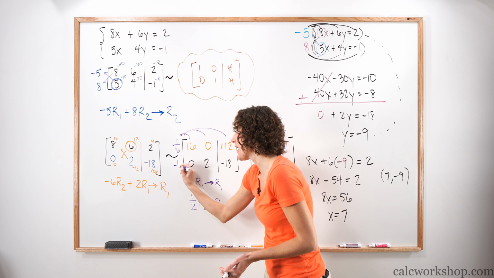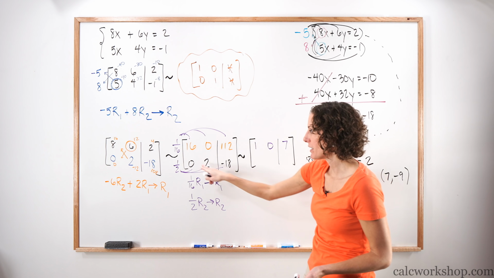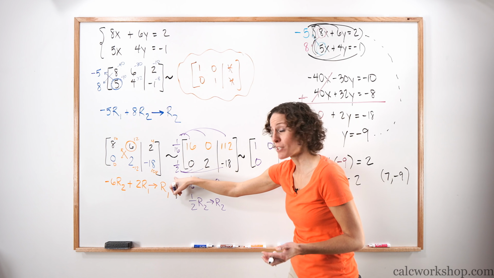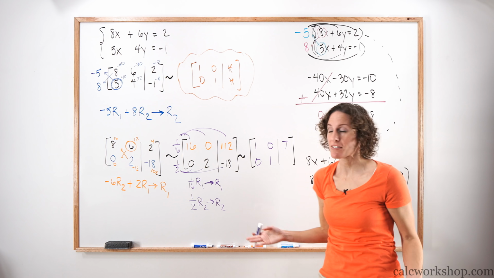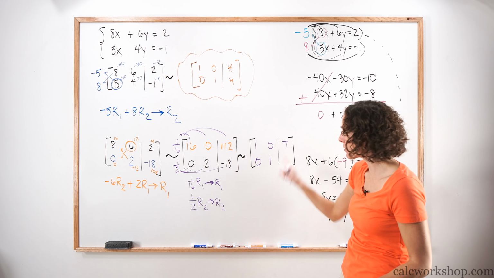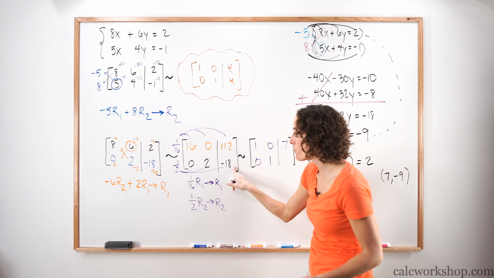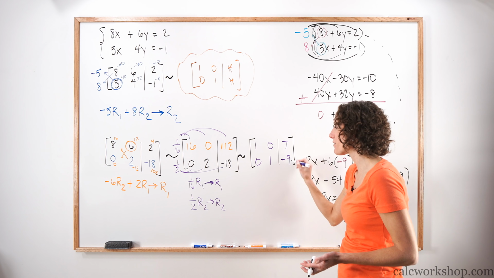So now, let's take 1/2 and multiply it by the entire second row. So we have 1/2, and we're going to distribute, in essence, scale him in. 0 times 1/2, 0. 2 times 1/2, 1. Perfect. I've got my pivots. I've got the 1s down the main diagonal, 0s everywhere else, top and bottom. And then negative 18 divided by 2, or times 1/2, we get a negative 9.